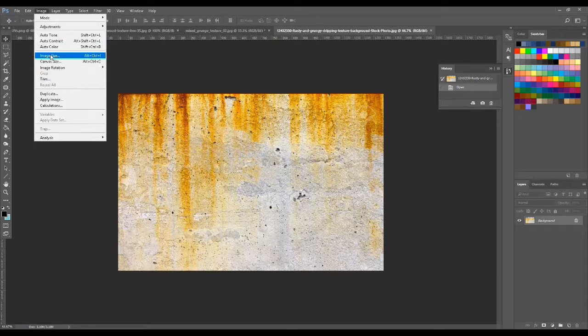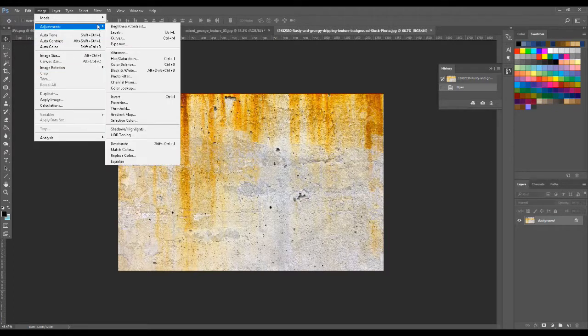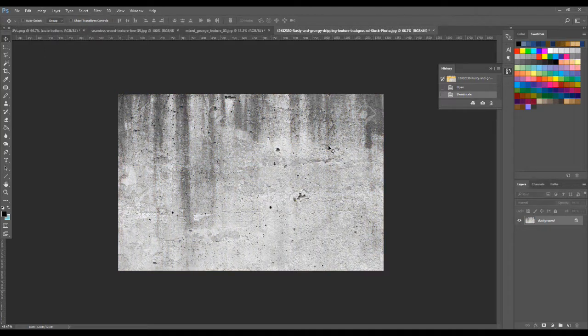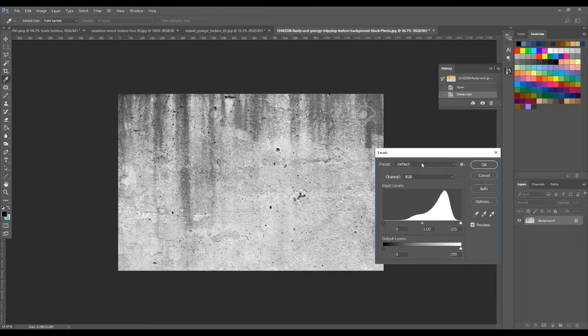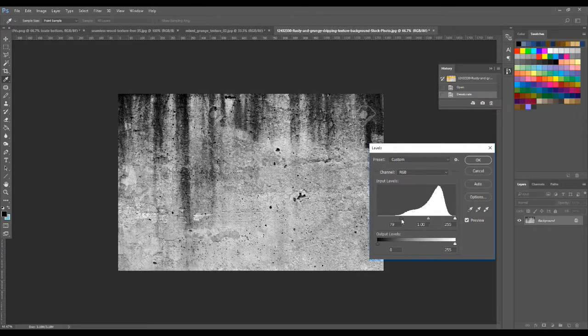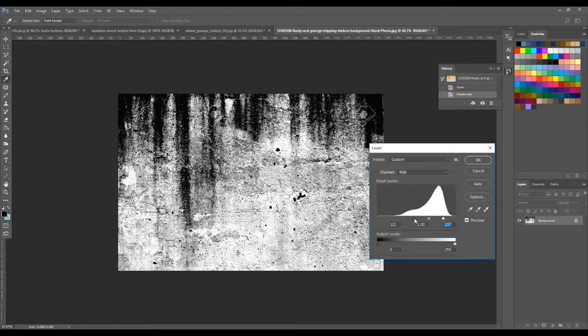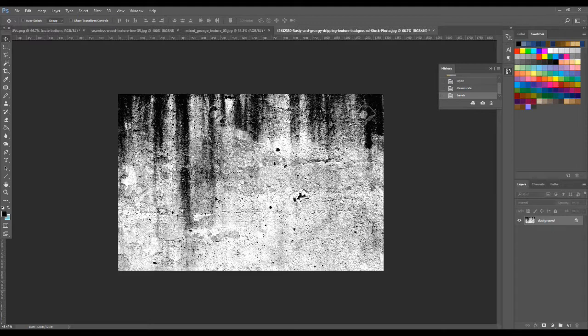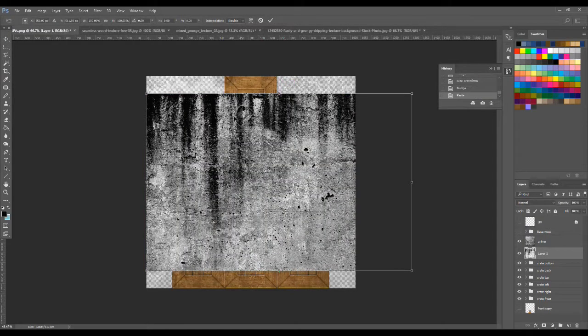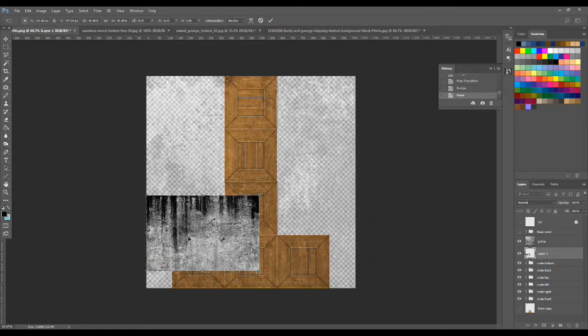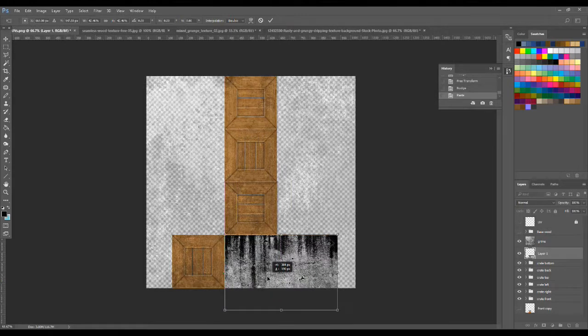So what I'm going to do is I'm just going to desaturate this. And I'm going to go in and I'm going to use levels on this as well. So I'm going to up the contrast on this a little bit. Okay, grab something like that. I'm going to grab that, Control A, Control C. Control V that in there, and let's just free transform this down. So just building up